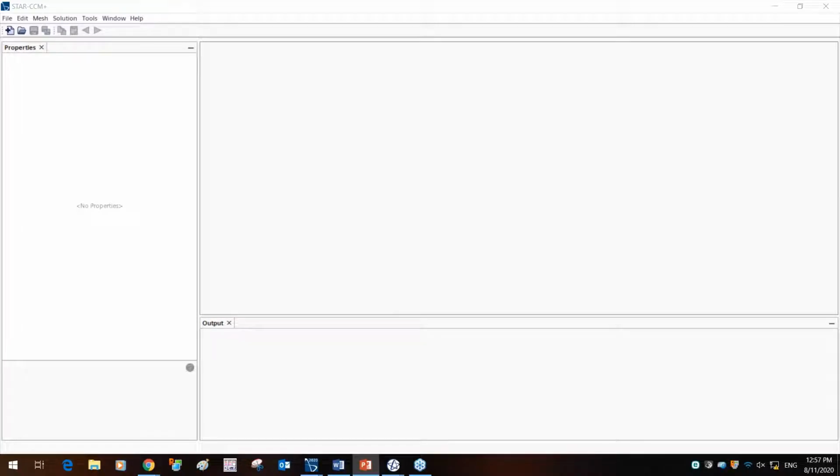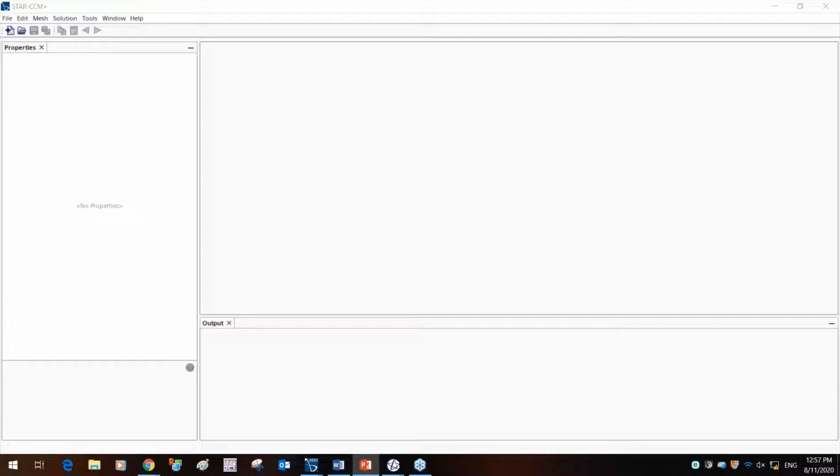So when most of you have completed the installation of Star CCM Plus, this is the window that will appear. Now, Star CCM Plus has a client-server interface. So what you're seeing right now is the client, and whenever a simulation is run, it is pushed onto a server. So there are two different interfaces, and the idea behind this is that you can easily build your models on a client. It could be your own laptop, but be able to essentially resolve it on a cluster through a server. And these are two separate links, but it enables you to use multiple resources at the same time.